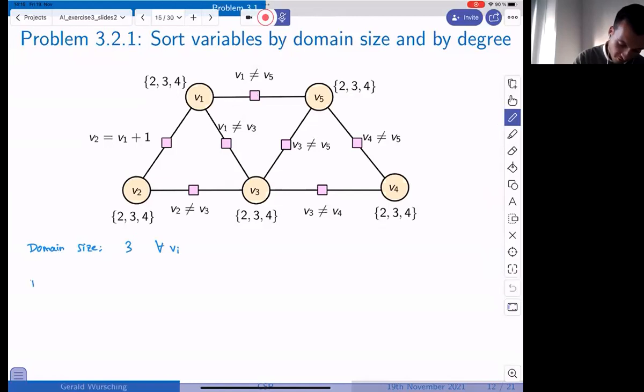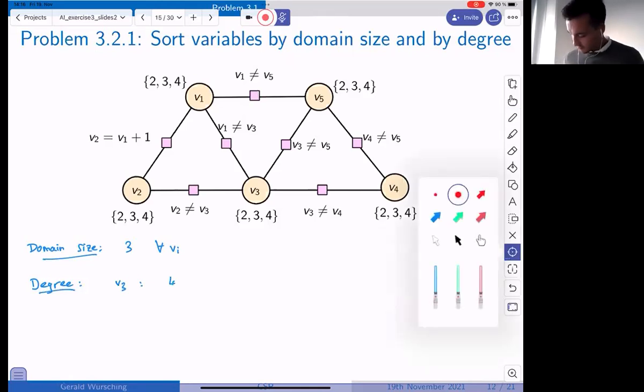And the second thing we want to do is degree. So again, remember what degree means. Degree basically means in how many constraints a single variable is involved. So we can start with the highest. The highest is variable 3 because we see it's involved in 1, 2, 3, and 4 constraints. So you can write that down. Variable 3 has 4 constraints.